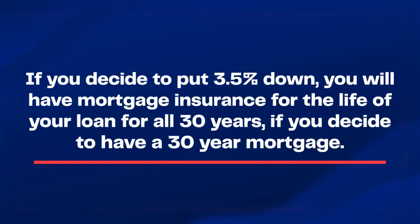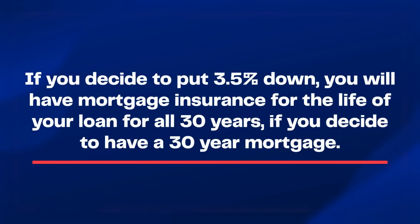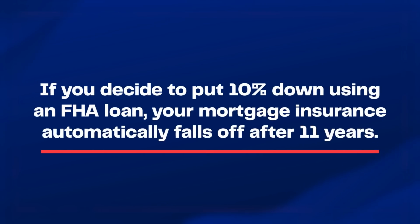loan. Another note about mortgage insurance with FHA loans is that if you decide to put 3.5% down, you will have mortgage insurance for the life of your loan, for all 30 years if you decide to have a 30-year mortgage. But a common strategy that many people use is they buy their home, putting 3.5% down with the FHA loan, and then in the future, they refinance out of the FHA loan into a conventional loan. And ideally, when they refinance into that conventional loan, they already have 20% equity in their home. So they don't have mortgage insurance anymore anyways. Now, if you decide to put 10% down using an FHA loan, your mortgage insurance automatically falls off after 11